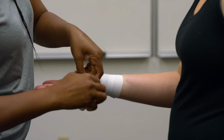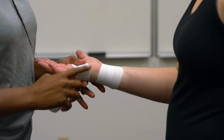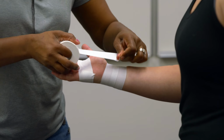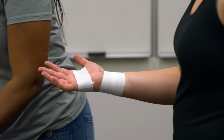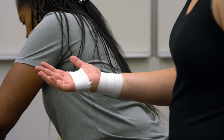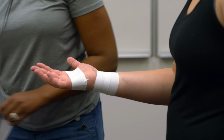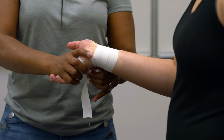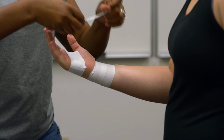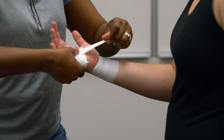point. And these are important because what we're getting ready to create is another check rein like we did in the Achilles tendon and like we did in the turf toe tape job. So I'm going to measure my strips, and then again, just like I taught you in the turf toe tape job, you're going to tear off 3 strips that are equal in size or length. And then if the goal is to prevent extension, then what I'm going to do is have my patient flex just a little bit. And I'm going to put that anchor, the first part of that check rein distally, and